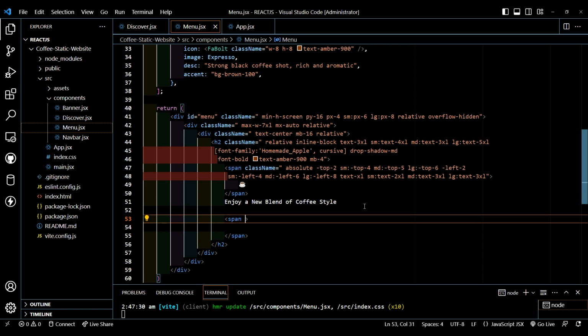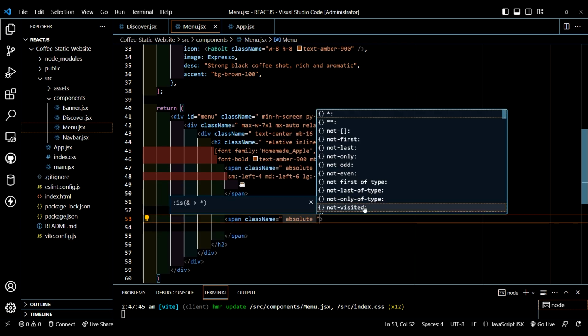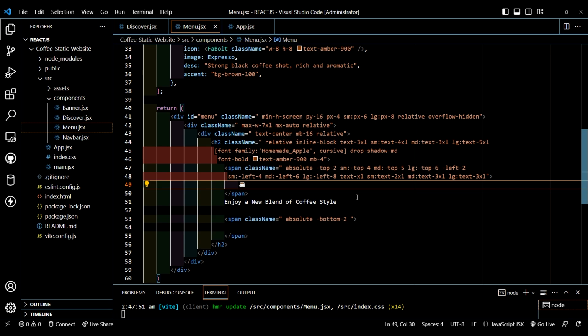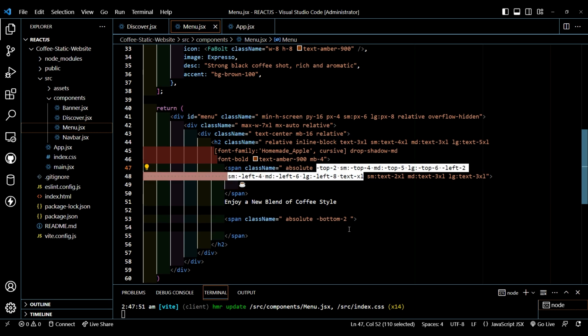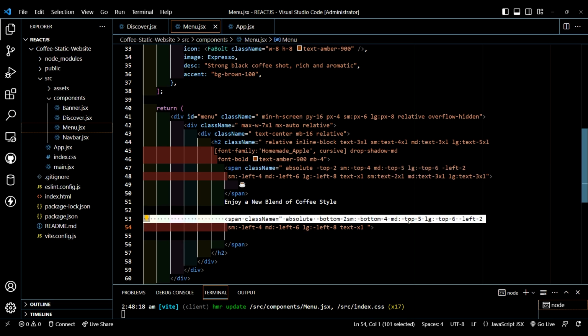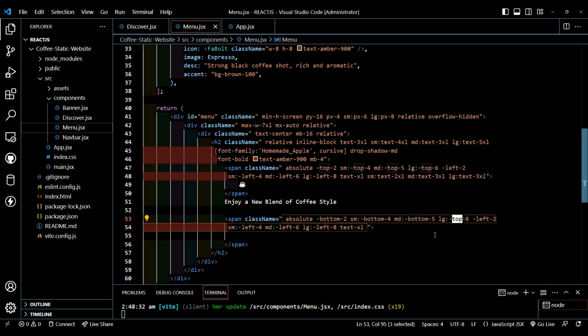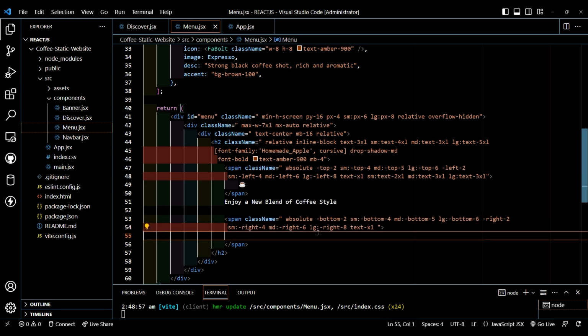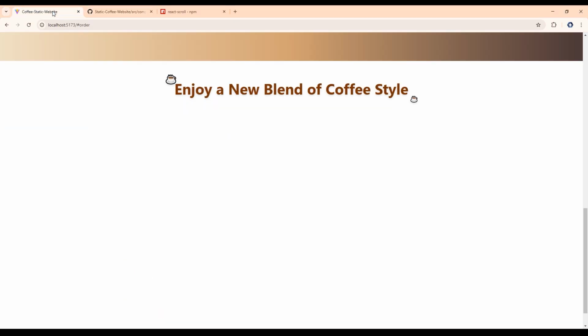Let's create another span tag, give class name, position will be absolute, minus bottom will be 2. Let's copy this line and paste it here. Remove this. Change top to bottom. Let's copy this. Change here. Change it here. Change left to right. Copy this right and paste it here. Then here. Let's copy the icon and paste it here. Now as you can see,